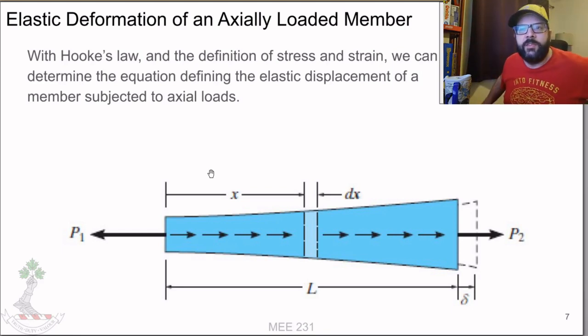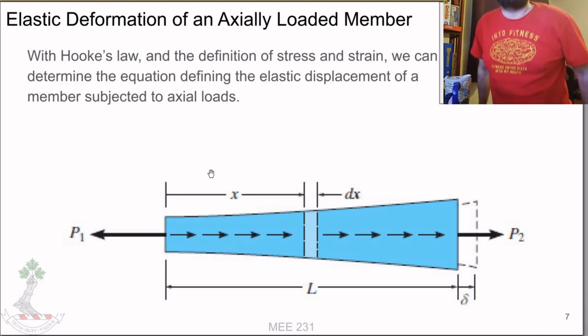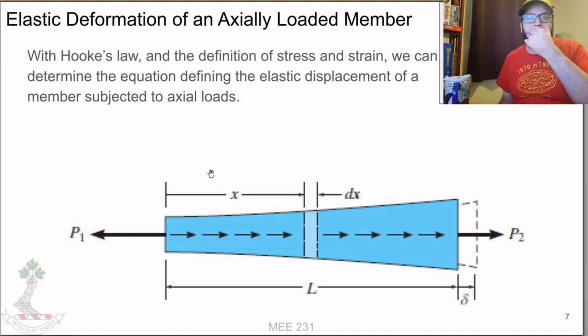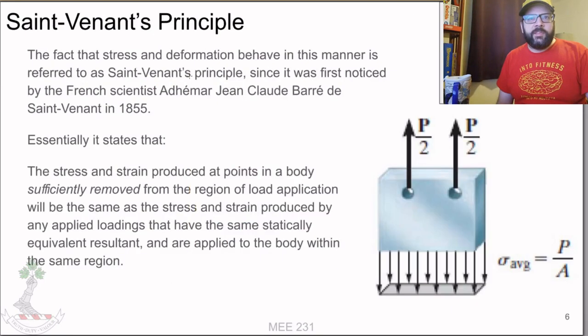So you can kind of assume that as a result, at any particular cross section, the stress can be relatively evenly distributed. Whereas if you have really abrupt cross section changes, then that wouldn't necessarily be the case. So if you have a bar that's doing this, then that's fine. If you have a bar that's doing this, then